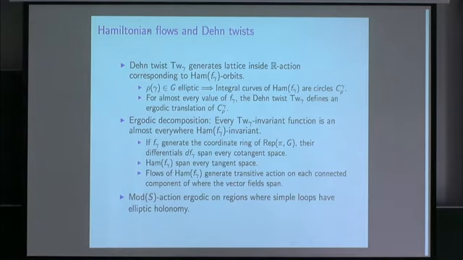Okay, so that means that the group generated by the flows has open orbits, and since they partition the space and the space is connected, you get every function is constant. And then more generally, if you know that a simple loop has elliptic holonomy, you can use this argument even if the group is not compact.